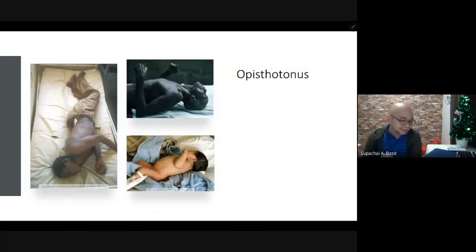So once we get tetanus, one of the signs is the spasm of the back muscle. We call it opisthotonus. Incidentally, this child was born and his umbilical cord was actually cut by unsterilized